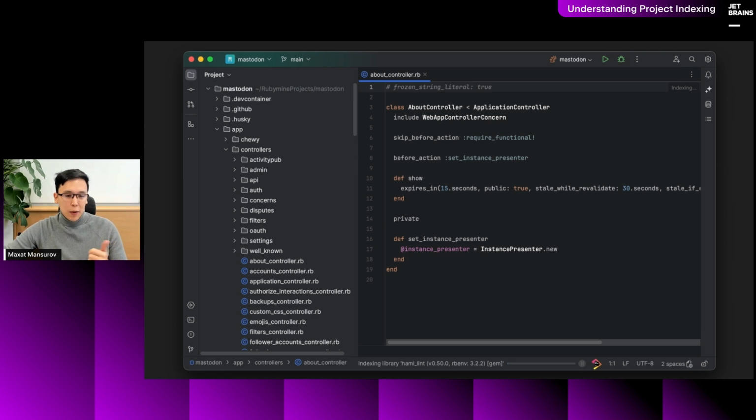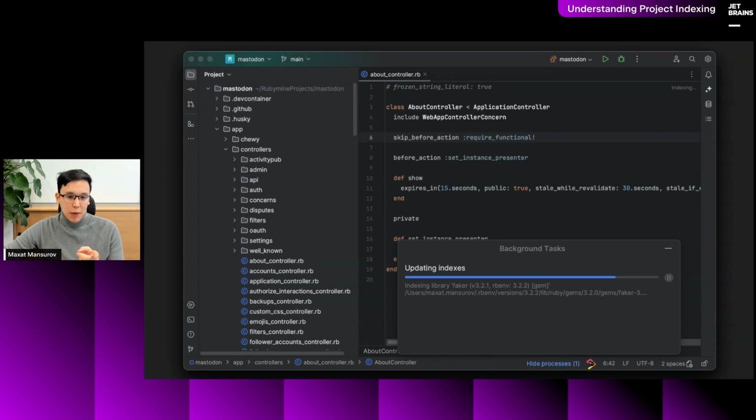But even though the editor works just fine, you can delete stuff, edit stuff, as soon as you want to invoke some smart feature, for example, navigation or completion, you'll see that you cannot do that. It doesn't work. And you see a little warning at the bottom that says that navigation is not available because indexing is in progress. And indeed, that is the case. If we see the background task, we will see that indexing is indeed taking place.